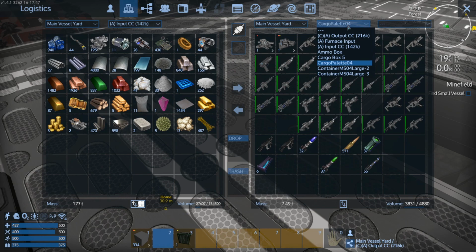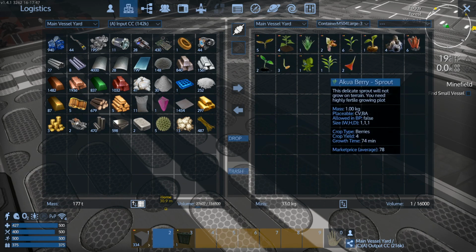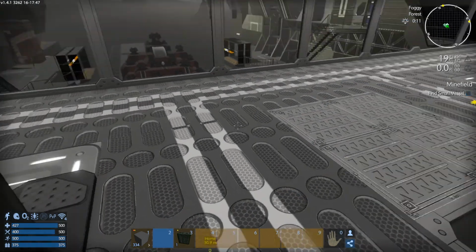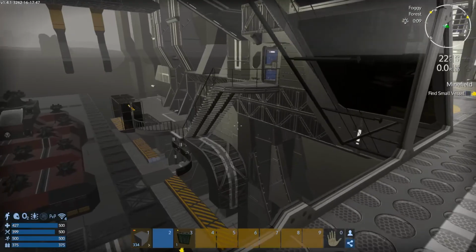Input. Okay. And then next container. And next container. All right. So everything that is for production is in here. That's the big thing I'm trying to keep, is the miscellaneous stuff like ammo and all that stuff. We can filter those as we get going, but